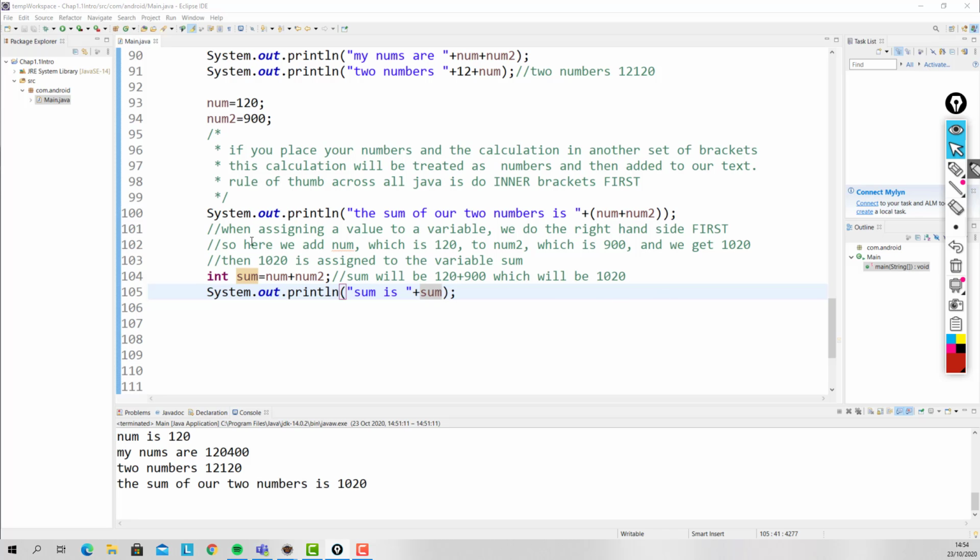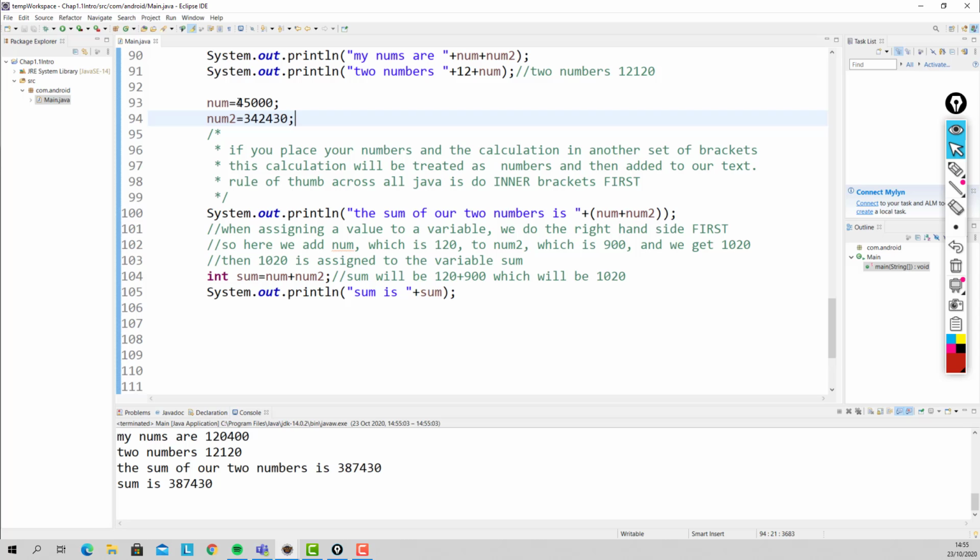And as well, if I change num and num2, let's just say I change num here to 45,000, and I change this to some infeasibly large number. Now sum is going to be those two numbers added up, but I'm going to change them back to 120